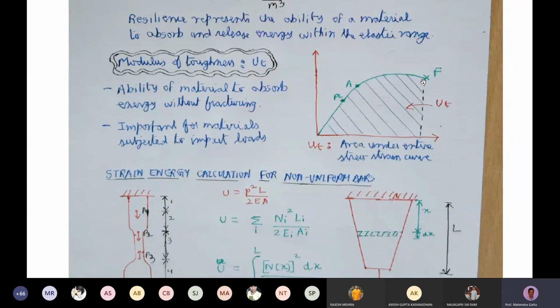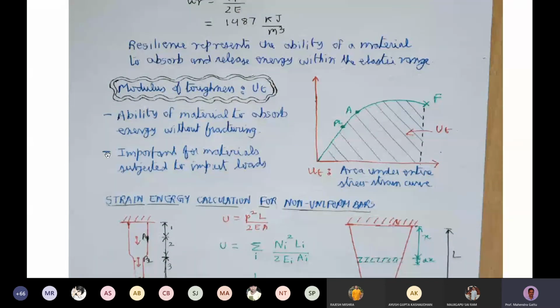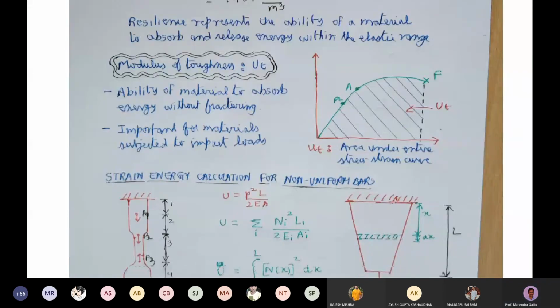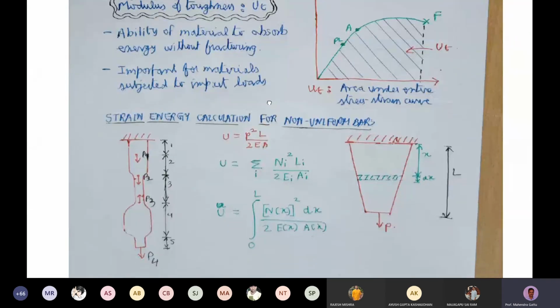There are other ways to define toughness. Something called fracture toughness is different from this modulus of toughness. In fracture toughness, we calculate the ligament area and so on, so we'll not discuss that. The units of modulus of toughness are again joule per meter cube. So we have now described the two terms of strain energy density: modulus of resilience and modulus of toughness.